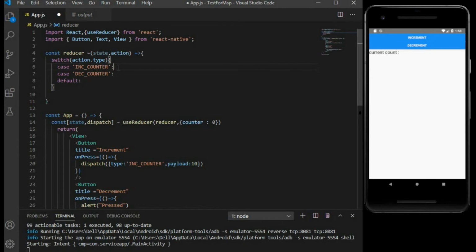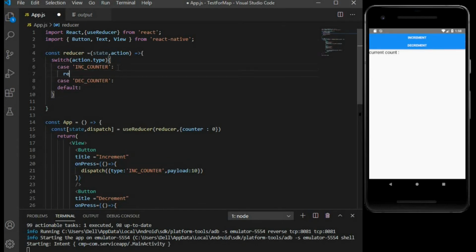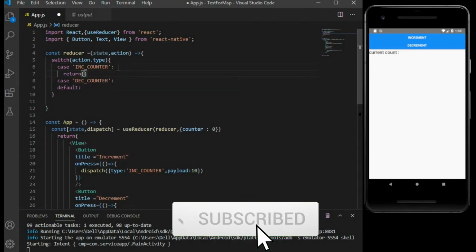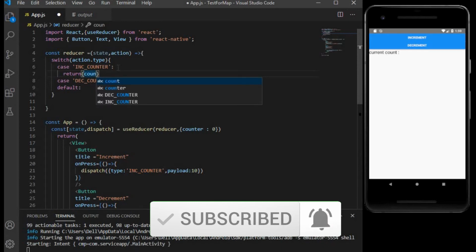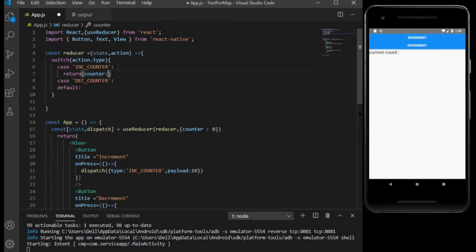Same as in the reducer function, I'll return the value of the counter state as state.counter plus action.payload.